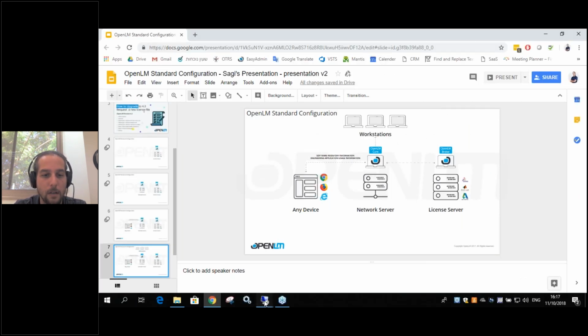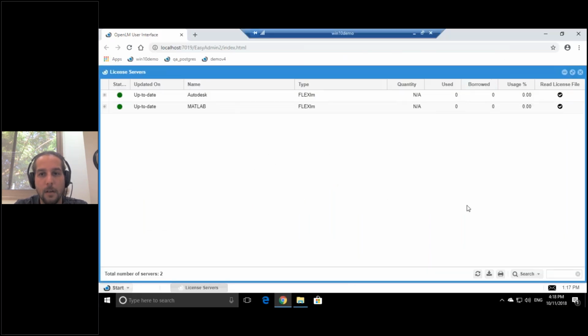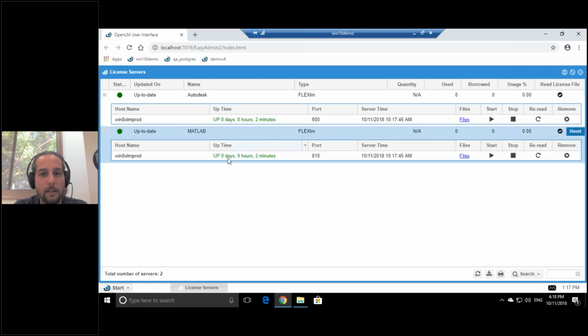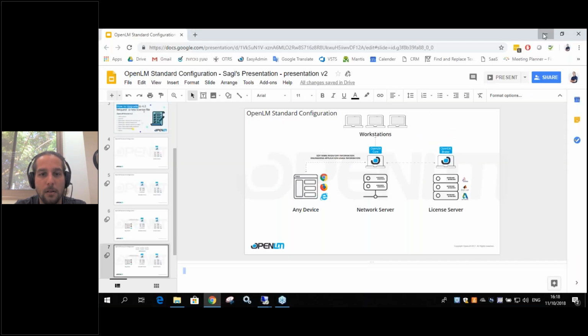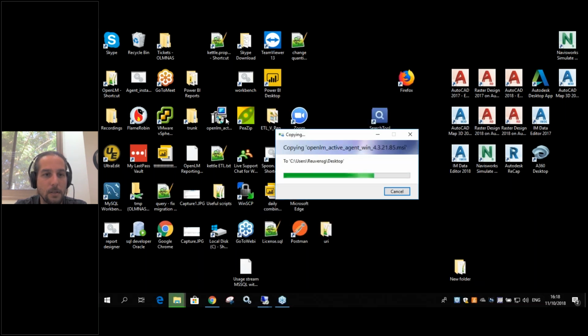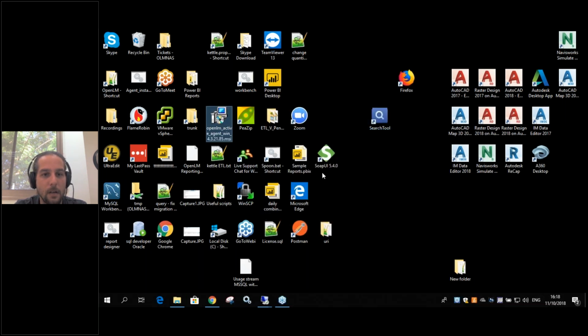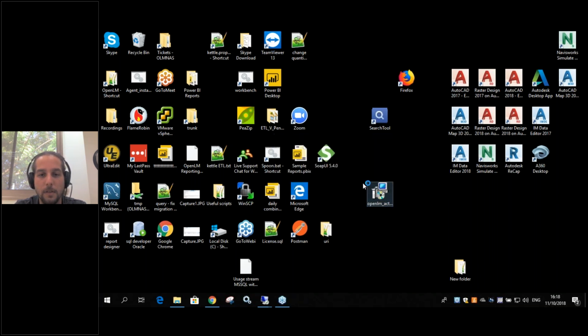Okay, so how do we install the OpenLM agent? First of all, by the way, you see it's all connected now, but it will still take like 5 minutes to get everything, to get the licensing information and everything. Meanwhile, we'll take the agent installer. Now, where is it? Right here. So we'll take the agent installer, and just like everything else in OpenLM, you just double click,